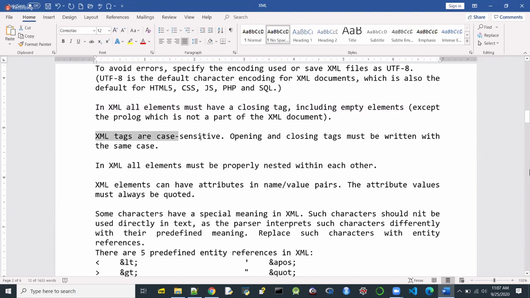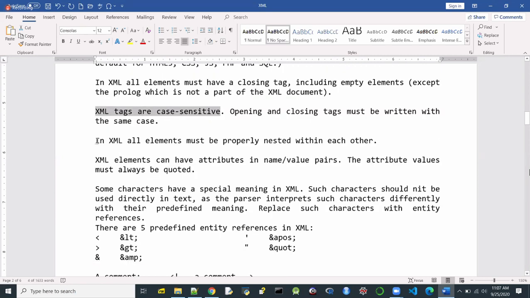And of course, XML tags are case sensitive. So uppercase is not equivalent to lowercase. And like in HTML, all elements must be properly nested. That means for the nested element, its opening and closing tag must be inside the opening and closing tag of the outer element. And XML elements can also have something called attributes.